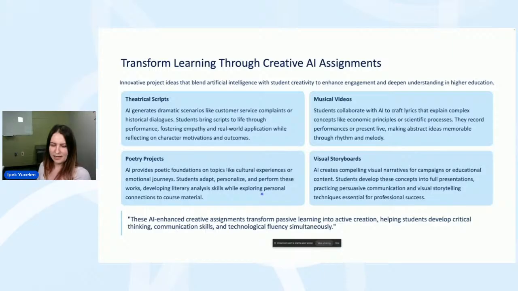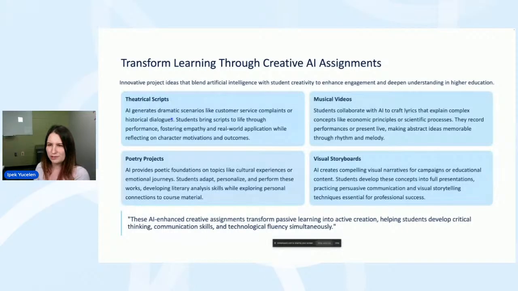One assignment is a theatrical demonstration of concepts. We can tell our students to create a theatrical script using AI, then play it and record it in a video. It helps with communication skills and interpersonal skills, with a lot of advantages besides becoming familiar with the use of AI.